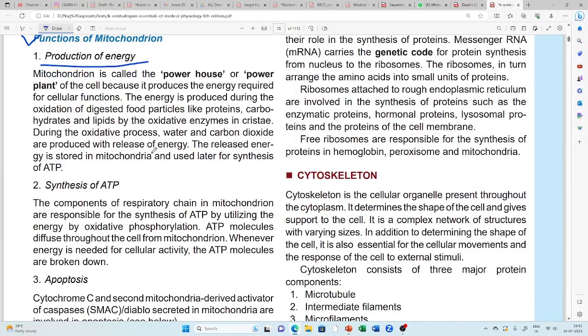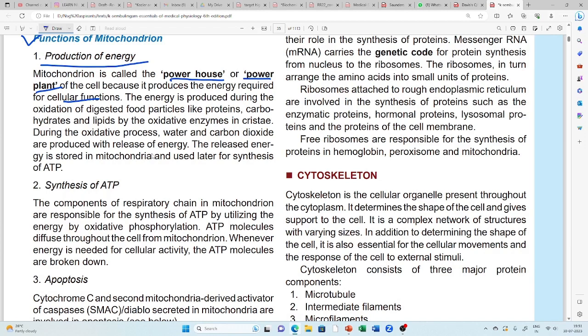Mitochondria is called the powerhouse or power plant of the cell because it produces the energy required for cellular function. Each and every activity in our body, each and every fraction of a second, we need energy for everything. That energy, where are we getting it from? From the cells only. Inside the cell we have organelles like mitochondria. These mitochondria are producing